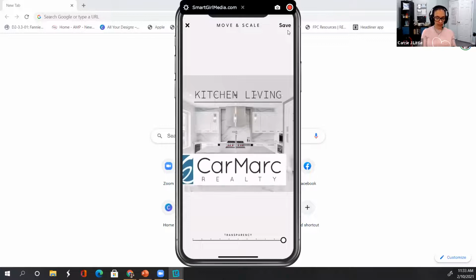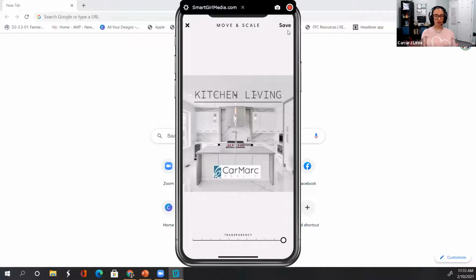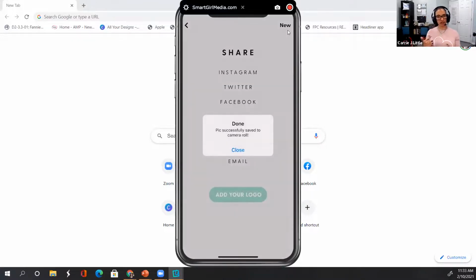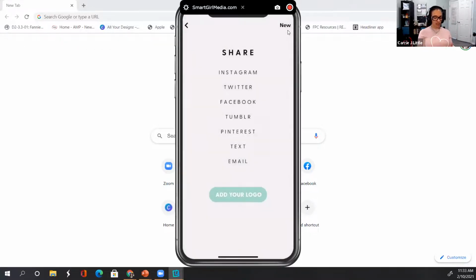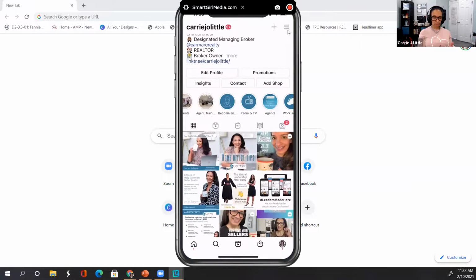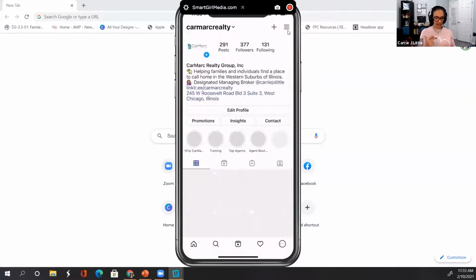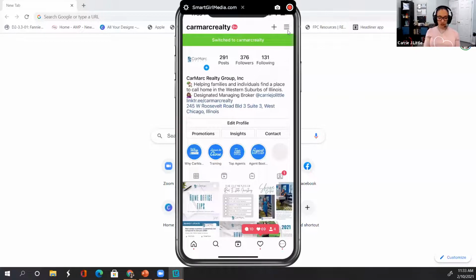I can make it bigger. I can make it smaller. I can make it transparent. All from WordSwag. And it's taking us less than 5 minutes. Now when I click save, I now have a graphic for Instagram. So let's go post it. So I will go back to Instagram, but this time I'll add this to the company page just so you can see how it looks. So then now you're ready to post.